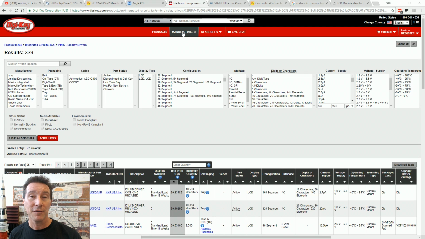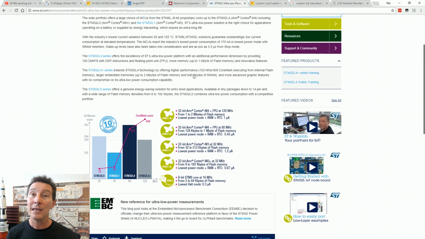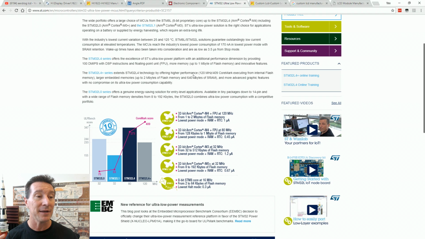Now, if you've got a relatively small LCD, you can use your existing microcontroller that you already plan to use, or you can choose a variant of the microcontroller that has a built-in LCD driver, and a lot of them do. I used it in my 121GW multimeter, for example. I chose a particular ST ARM32 processor, which had a built-in LCD driver that had the number of rows and